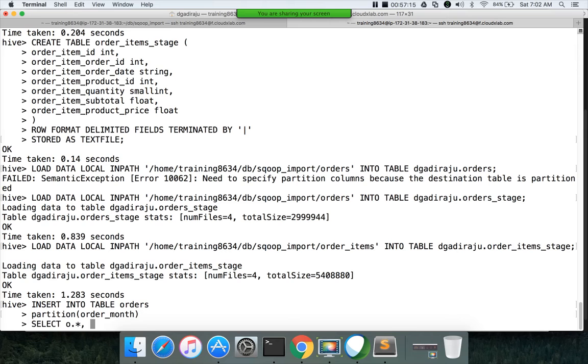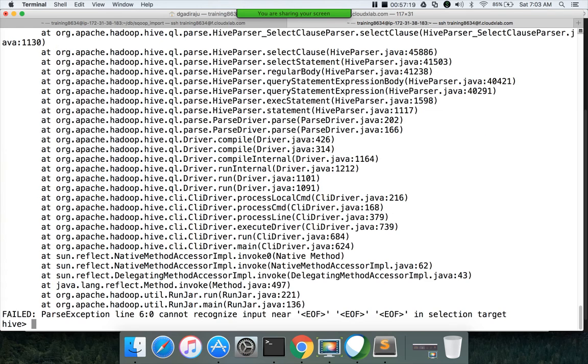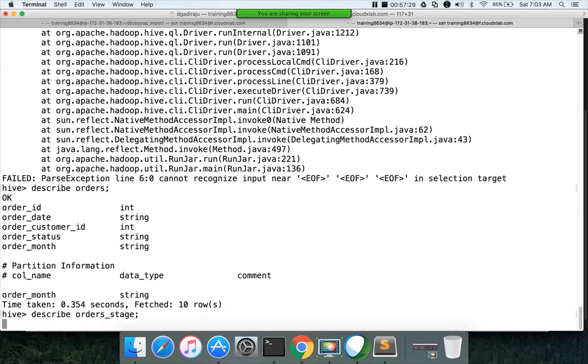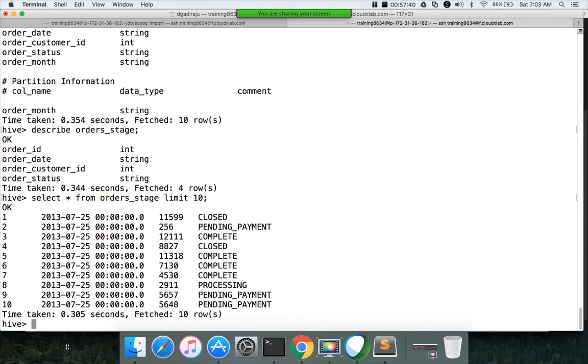So before doing that, let's validate data in the orders table. The way you can review the data is by running select star from order stage limit 10, and you can see the data.